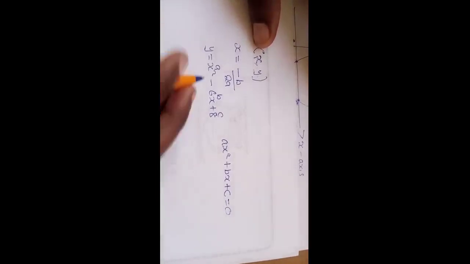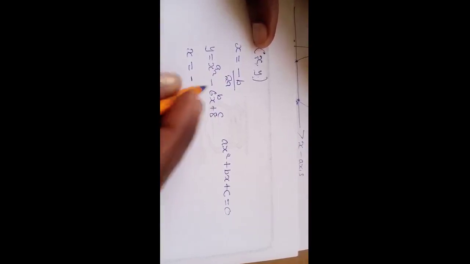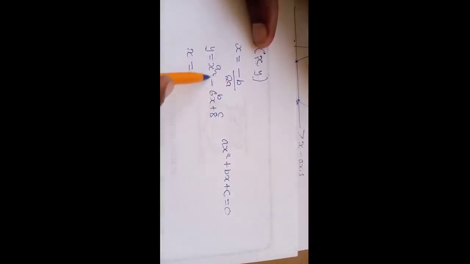All right, so here we have x is equal to negative, this is the formula that we are following. Negative, what is b? Our b is here. So what is the coefficient of b? It is negative 6. So we say it is